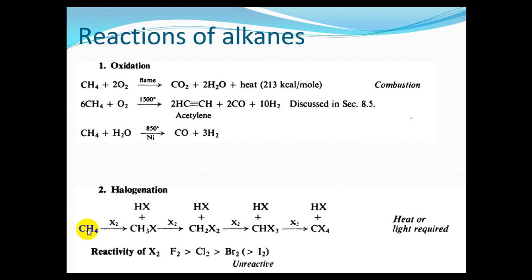For example, when halogenating methane with X2, in this step one X atom will replace hydrogen and produce HX. In the second step, another halogen atom replaces hydrogen and produces HX, and this continues